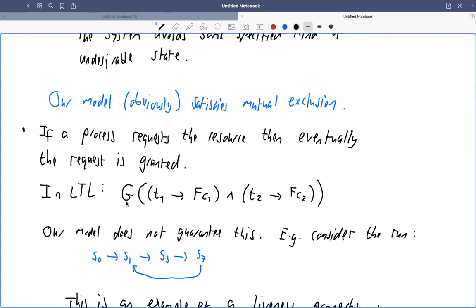Much more interesting is this operation here. So this is saying, if we take an infinite path, we interpret this operation along it. This is saying that it's globally true, that is at every state in the path, if T1 holds, then there is some future state at which C1 holds. And if T2 holds, then there is some future state at which C2 holds. So indeed, we can see that this path does not satisfy this because,